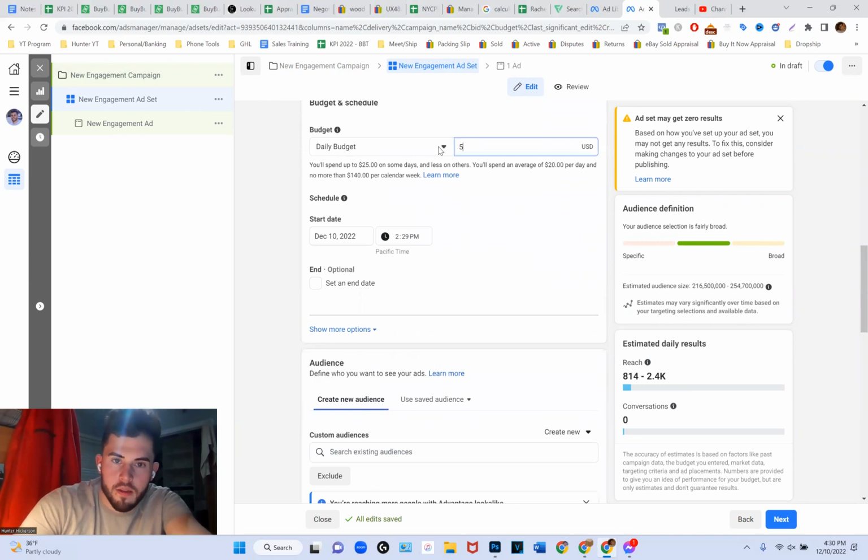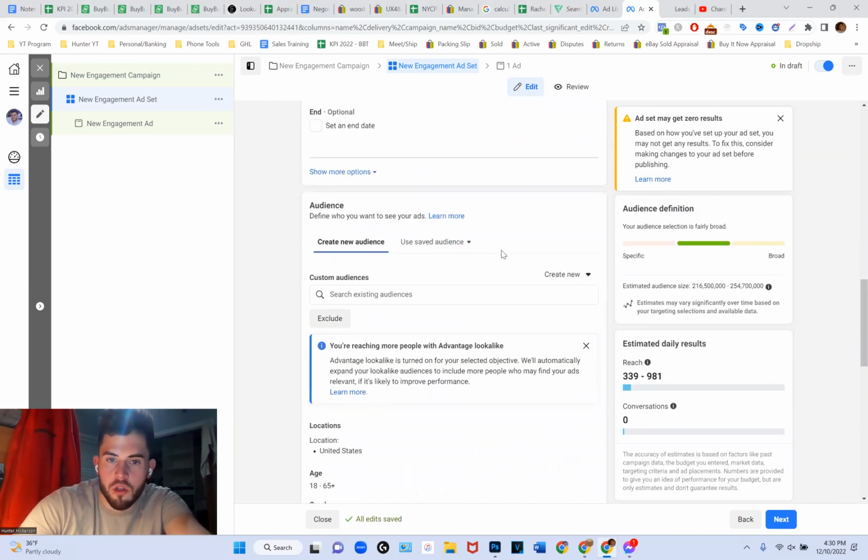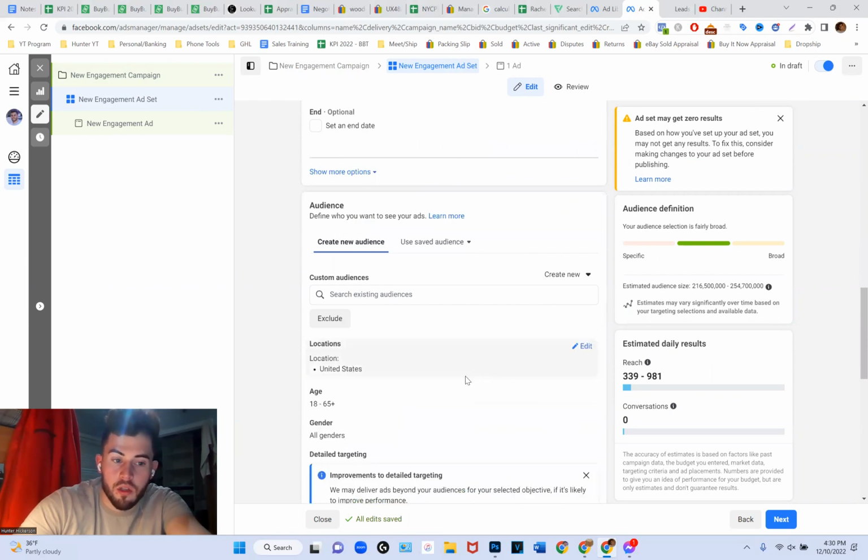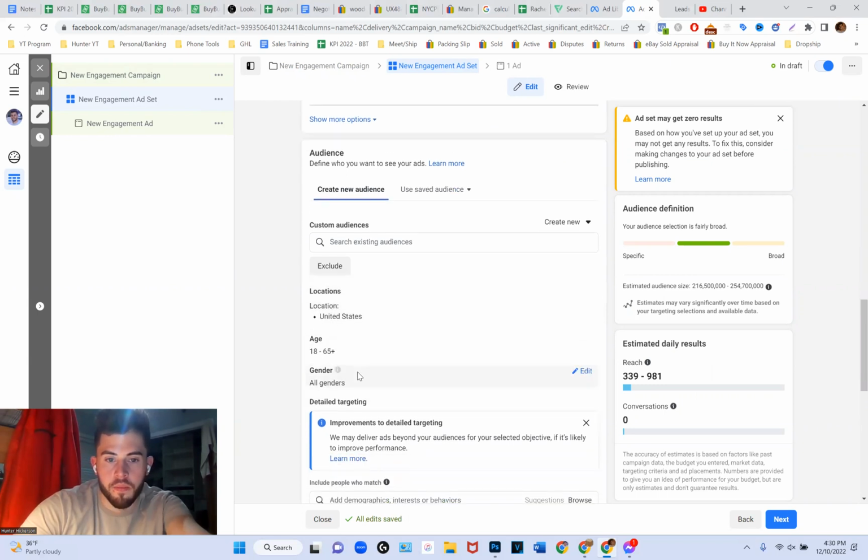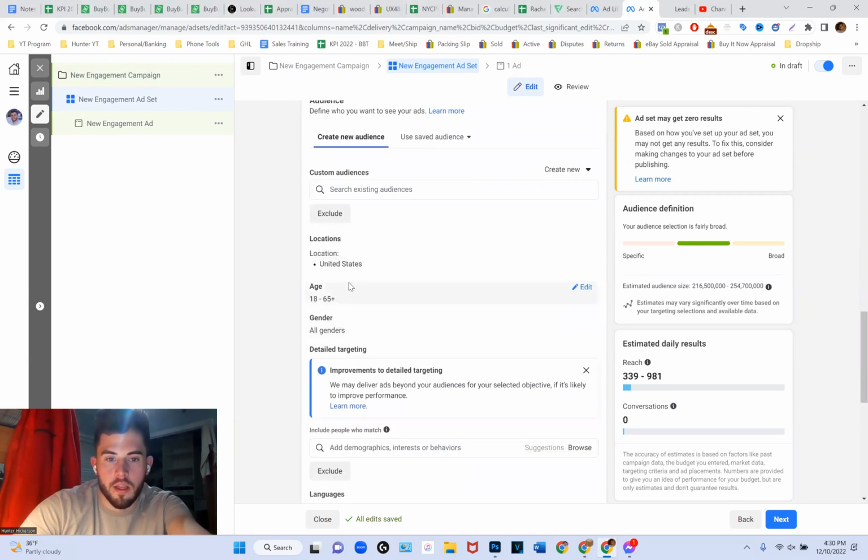Set this at $5, real simple, $5. We don't want to do too much too fast. $20 is quite a bit. We'll save that when the ad actually shows that it works. For right now, we're not going to do $20 because we don't want to waste money if the ad's not going to work. Okay. So we'll do all ages, all genders, leave that like that, and then just target people